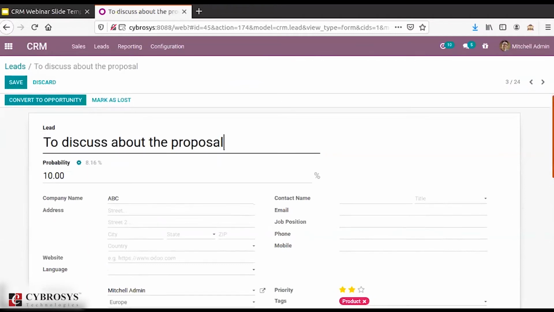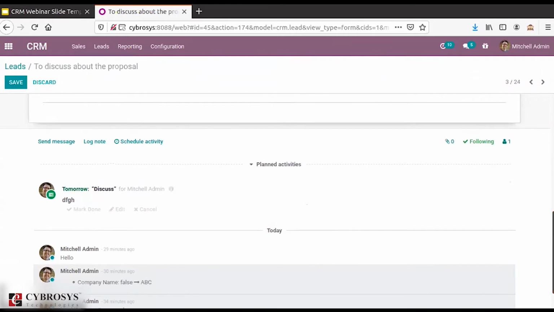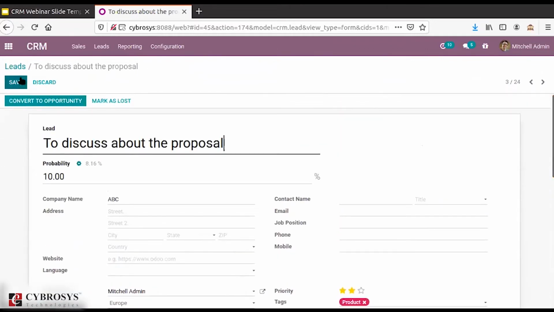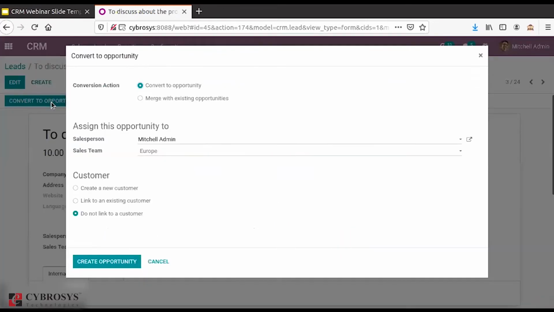For this lead, you can see all the scheduled activities as well as the other things that have been done with it. Here I have the option to convert this to an opportunity. When I convert it, a pop-up window comes with conversion actions like convert to opportunity or merge with existing opportunity.